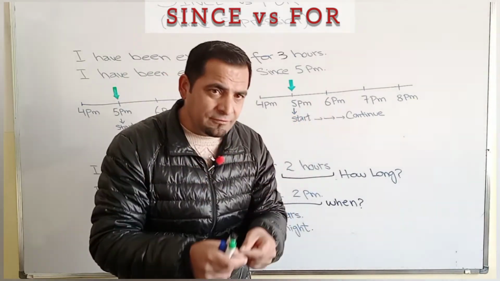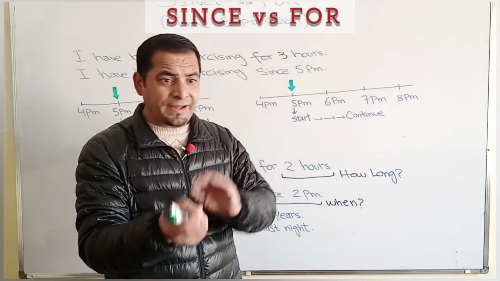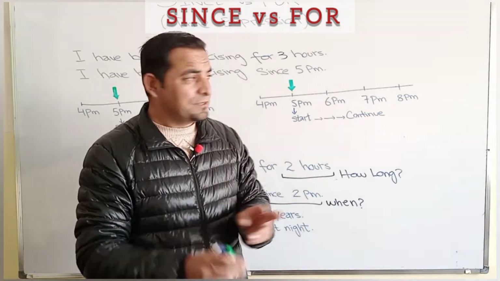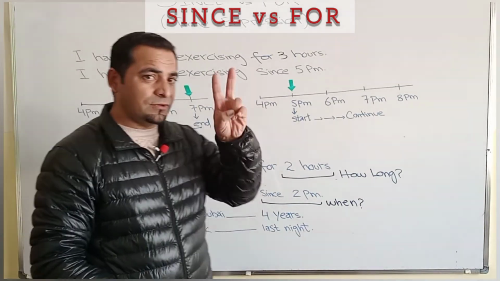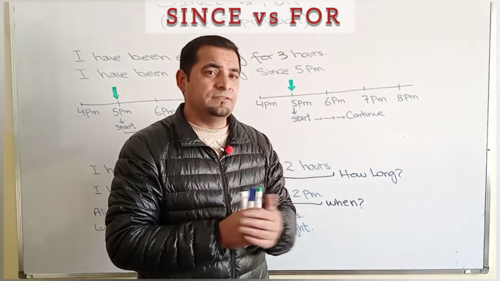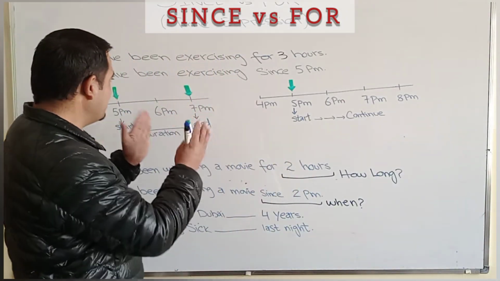Now, if you are confused with the use of since and for, or you are unsure when to use since and when to use for, these two examples are going to help you understand the technical difference and how we're going to use it. So let's look at this